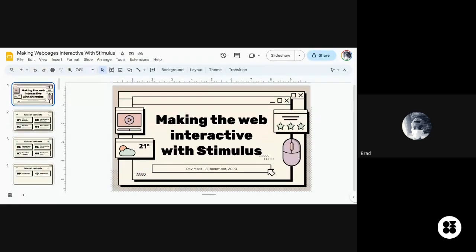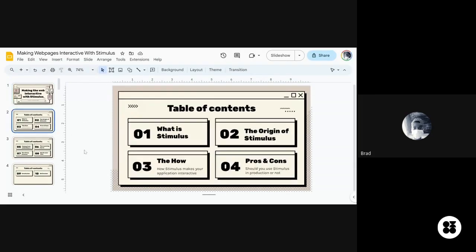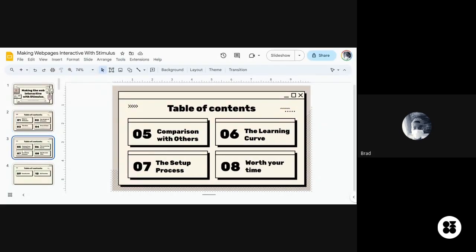So let me just run you guys through the table of contents that I have for us. We are going to be moving from what is Stimulus, because we need to understand what Stimulus is, like your story about Stimulus, why should you even use it, why should you care, the pros and cons, then comparing it with other famous libraries or frameworks out there, things like React, things like Vue and the likes.